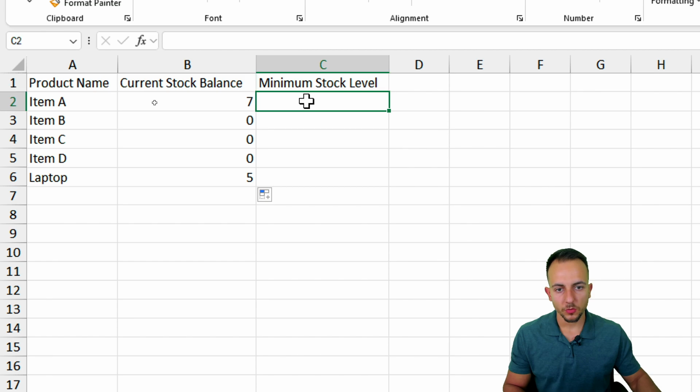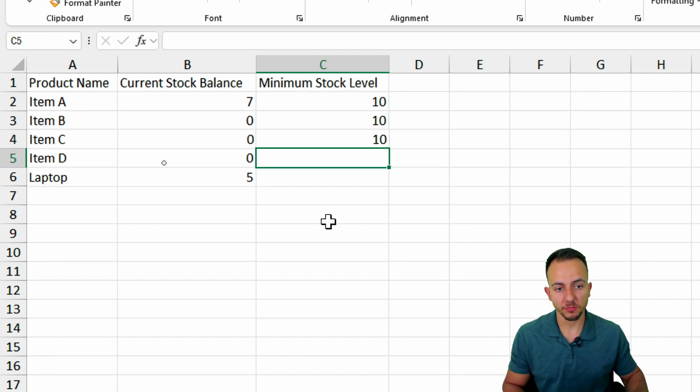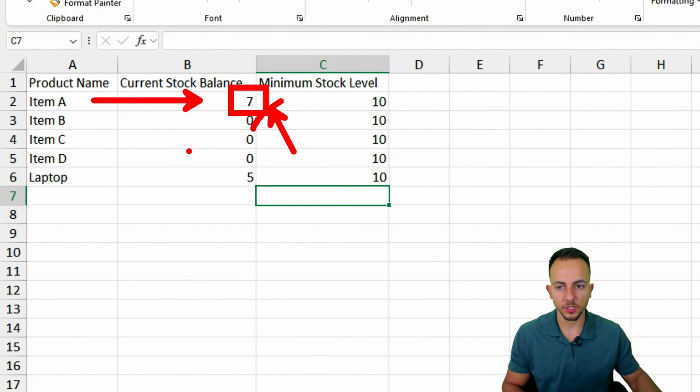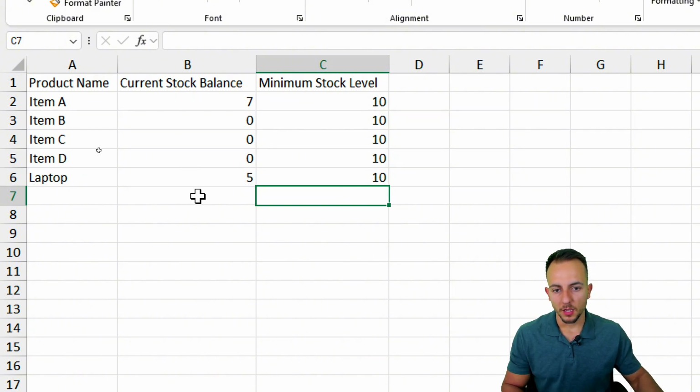And now let's do here the minimum stock. Let's say all the items have the same level or the same threshold that is equal to 10. So if an item is below 10, such as the first one, the item A, I need to input this item into the shopping list. And if an item has a number larger than the threshold, the name doesn't need to appear in